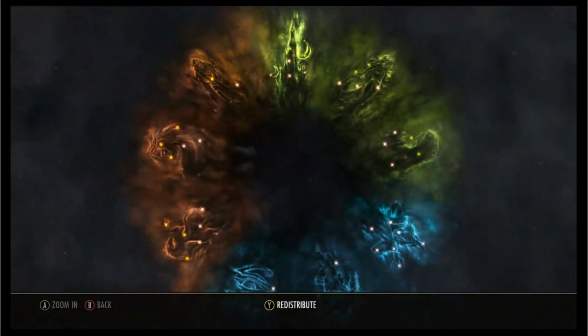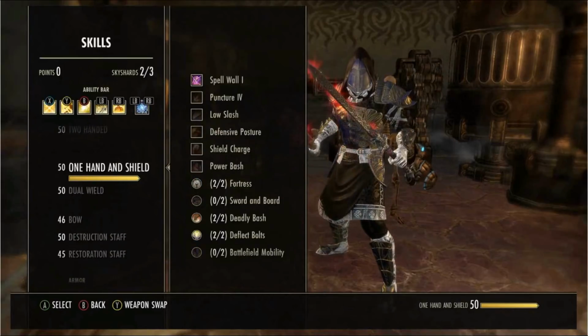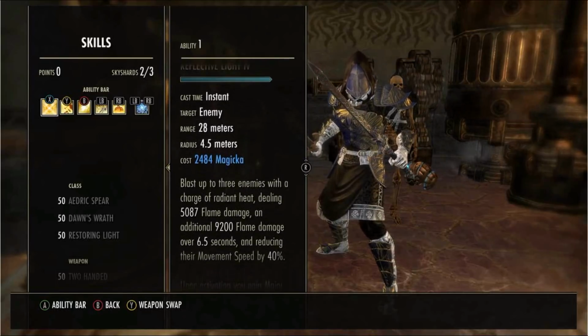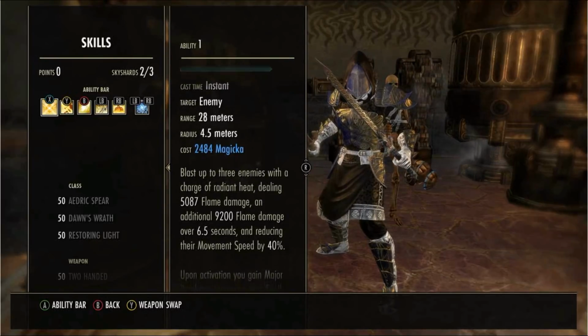Now let's quickly take a look at the skills. I almost forgot about them altogether. Let's start off with my offensive part. Reflective Light. Now I've started using this more over the other one because